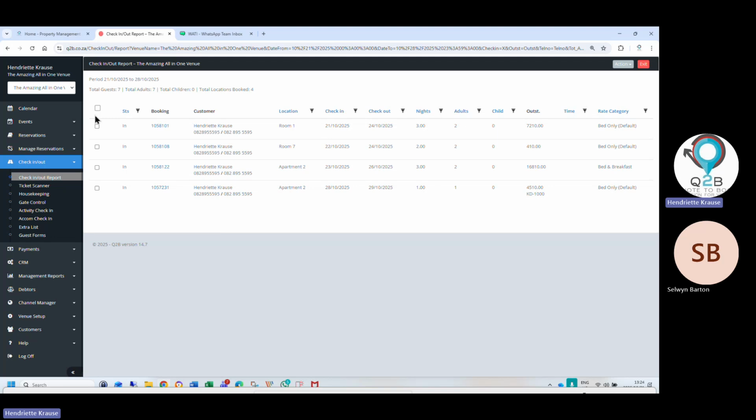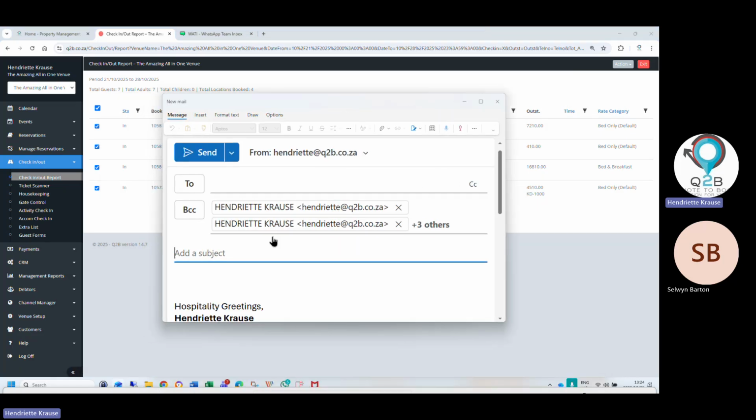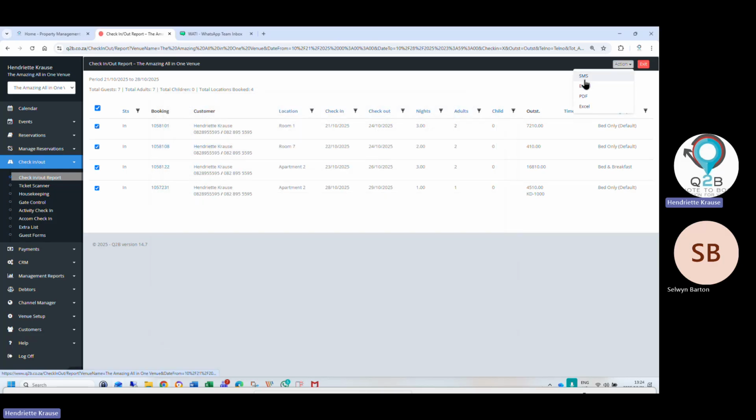There is the check-in. Now, if I want to communicate with all of them, I can just go email, and I can email all of them together. It puts it in blind copy, and I can email all the customers checking in. We also have bulk SMS if you want to sign up. We also have a chatbot integration. You have to sign up. There's a fee, of course, applicable to the chatbot. If I want to print the list or take it to Excel as well. Okay, quite easy to use, not major things.